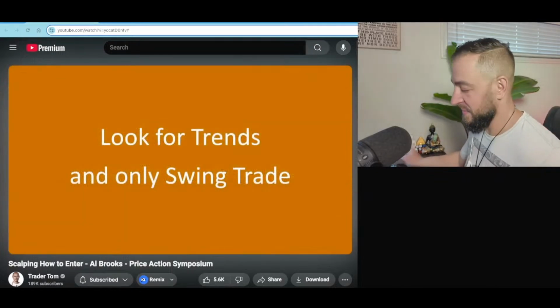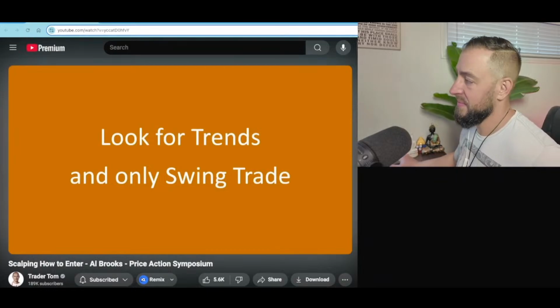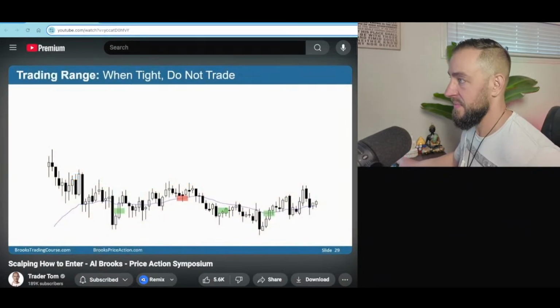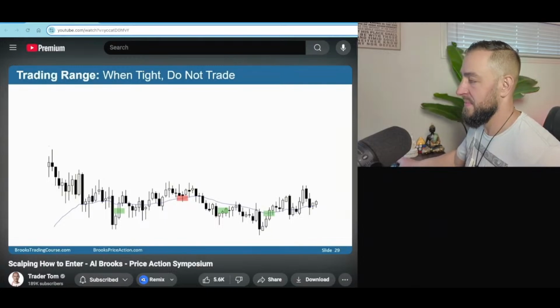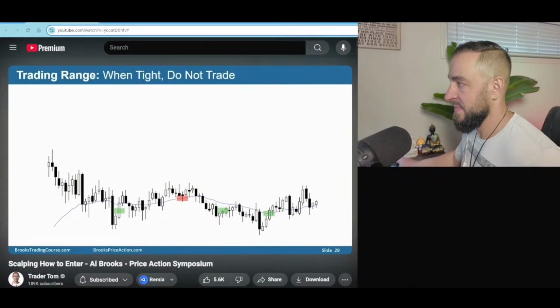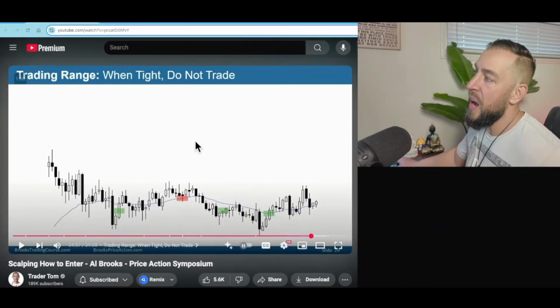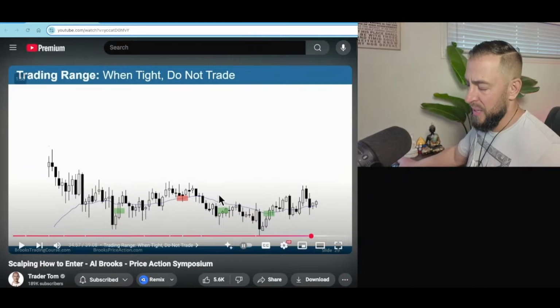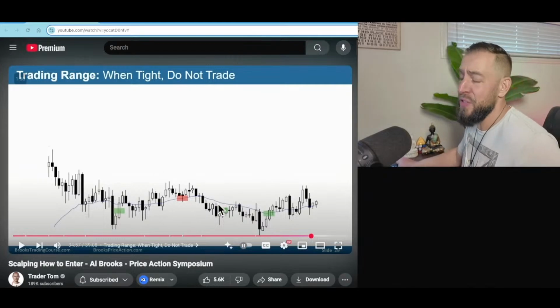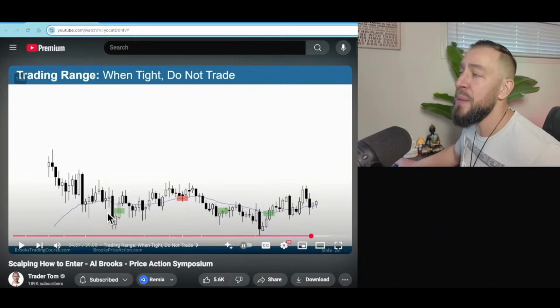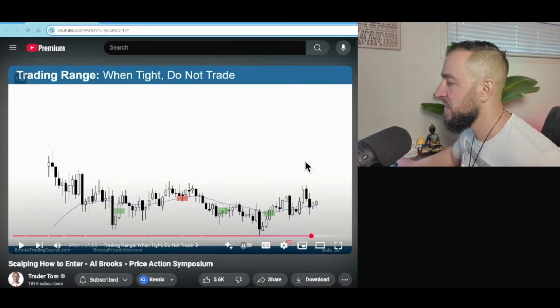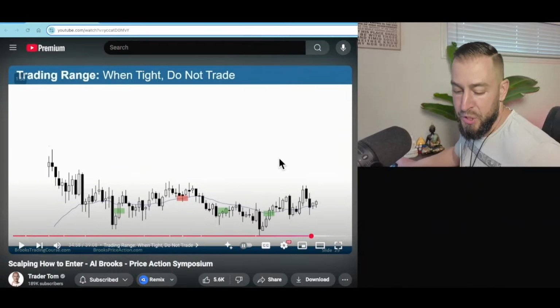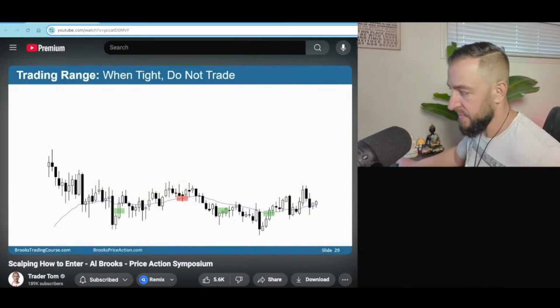Most traders should be looking for trends, and most traders should be swing trading, and most traders should be entering with stops. When you have a trading range and it's very tight like this, it's possible to make money. You could take a few trades, but most traders are better off not trading at all and just waiting until the market starts to trend again. Okay, so I would say don't trade when it's like this if you're a very, very new beginner. But if you know what you're doing, you can take some of these trades, but keep it minimal. That's probably the best advice there. But obviously, it's up to you. For example, or the next day.